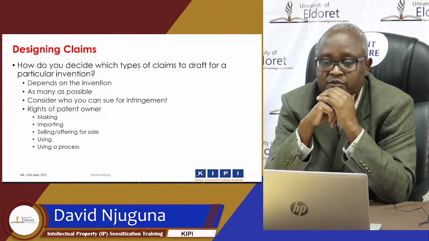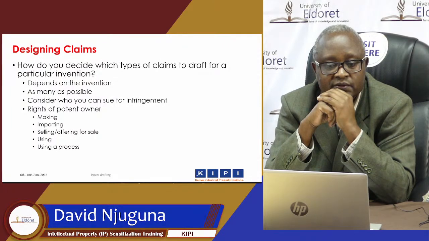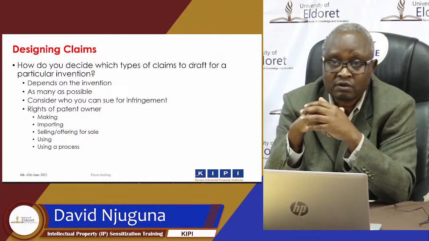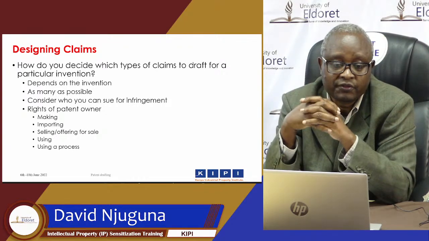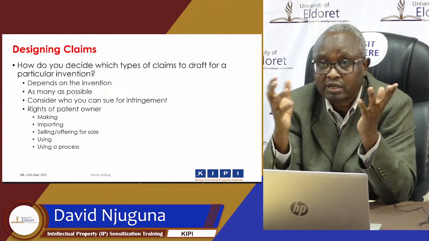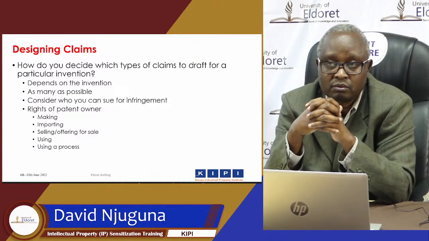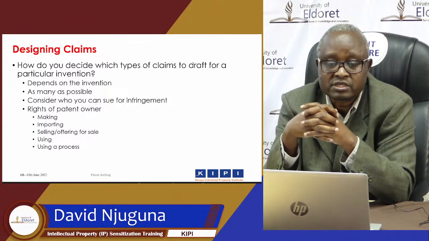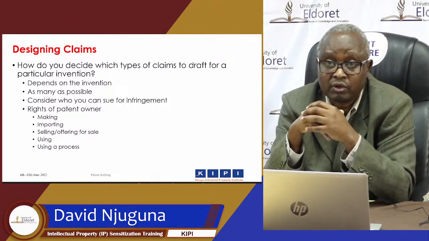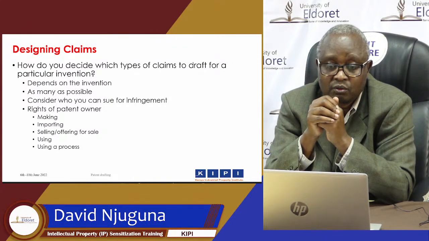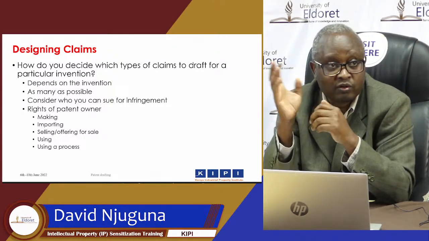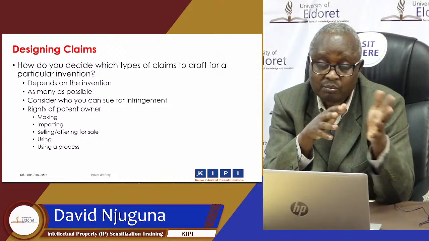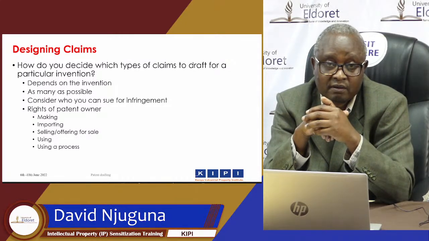How do you decide which types of claim to draft for a particular invention? It depends on the invention. As you have seen, there are various types of invention and various types of claims that you can put forth, as many as possible. You consider who you can sue for infringement. Do you want to go after the small guy in the street, or the big guy who is doing the manufacturing, the supplier? The rights of a patent owner are in terms of making